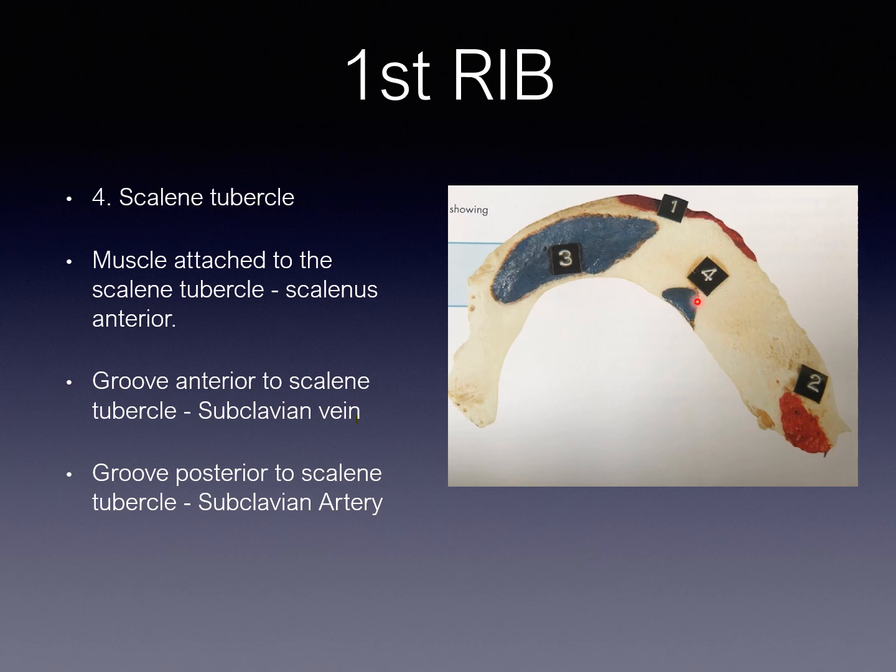Number two, the grooves. You have the anterior groove, and behind that you have the posterior groove. The anterior groove, in front of the scalene tubercle, lodges an important vessel called the subclavian vein. Behind that, another groove lodges the subclavian artery. So this is a very important MCQ. Which one is anterior, which one is posterior? The anterior one is the subclavian vein, and the posterior one is the subclavian artery. So if I ask the relation of the subclavian vein to the subclavian artery, you should tell us the subclavian vein is anterior to the subclavian artery, right?